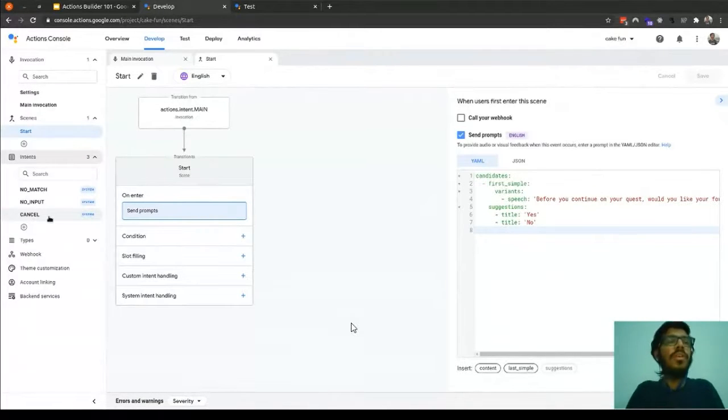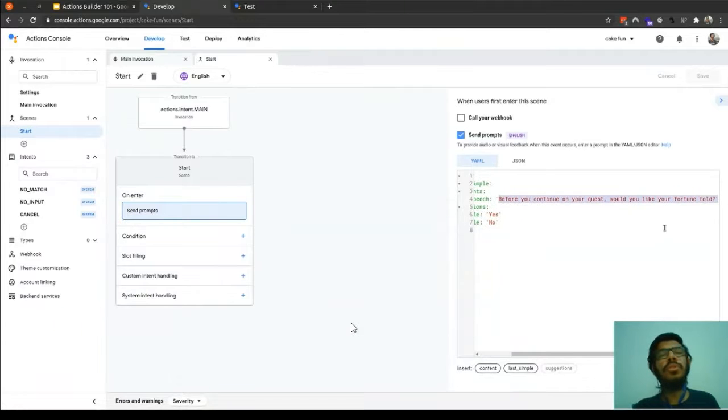Over here we have, in case of no match, if the user says something that doesn't match the conversation, it will trigger the no match intent. No input is triggered when the user doesn't say anything. Let's say in this case, "Before you continue on your quest, would you like your fortune told?" Over here, the Google action will wait for 8 seconds for the user's input.